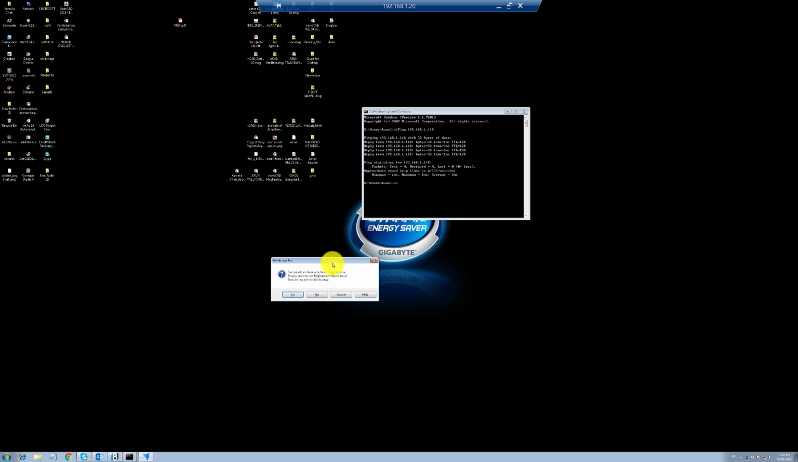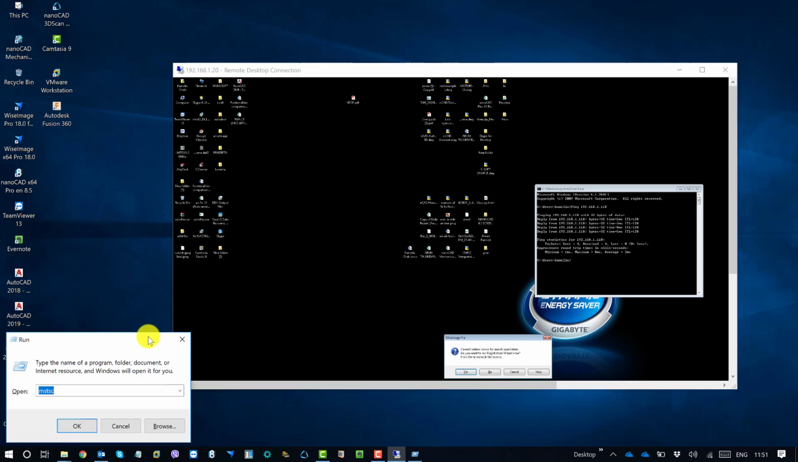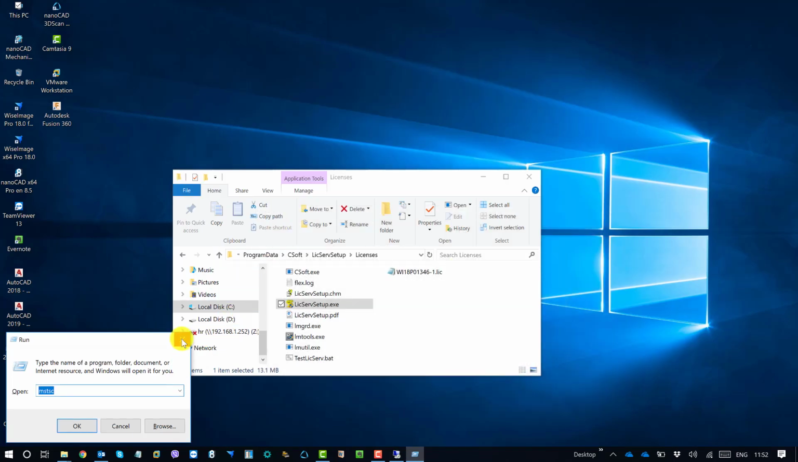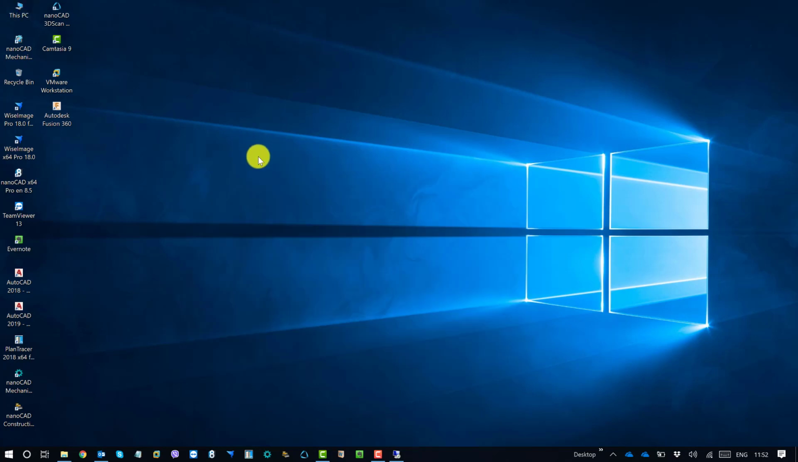Because I removed the lock, the license server is not working. I insert the lock again to the server, so things should work fine now. Okay, so now let's go to